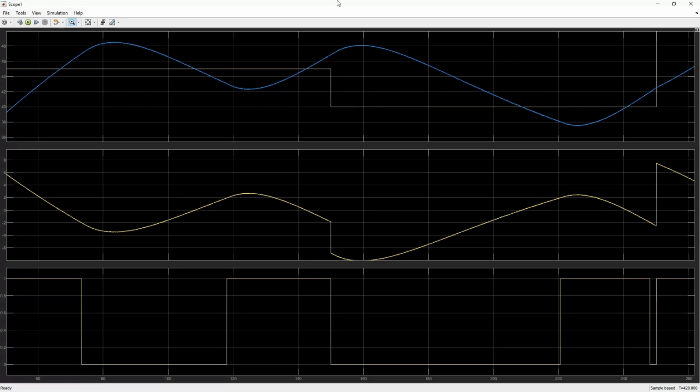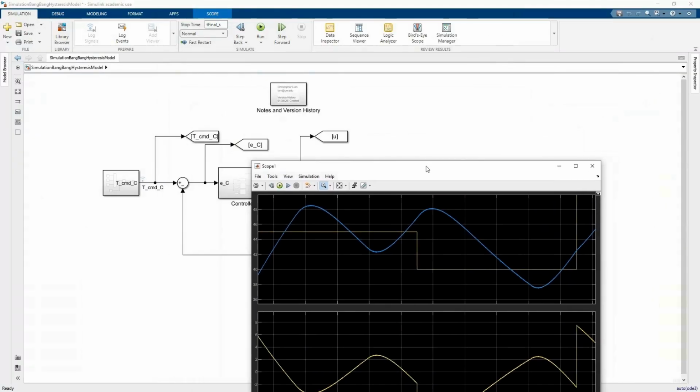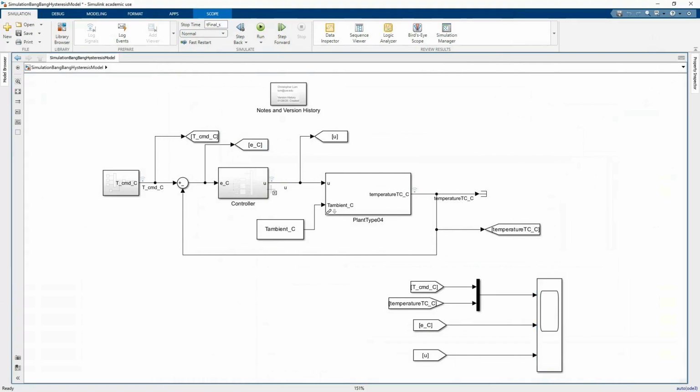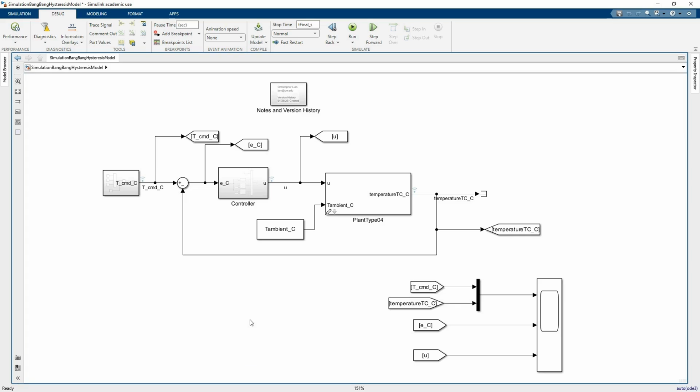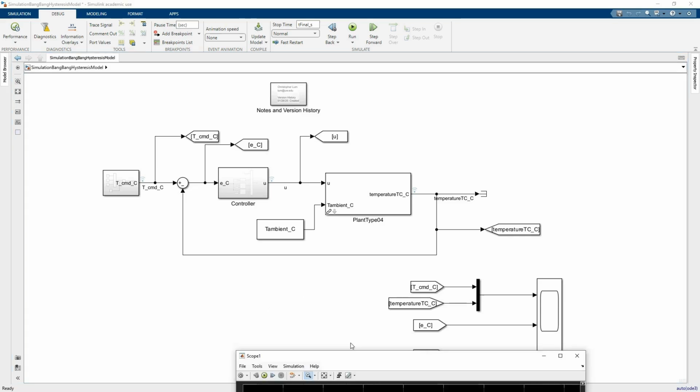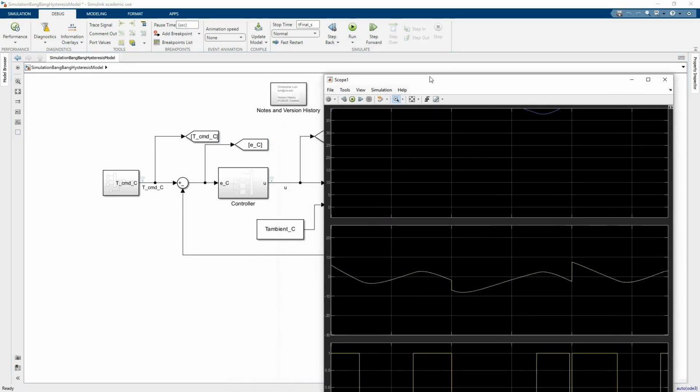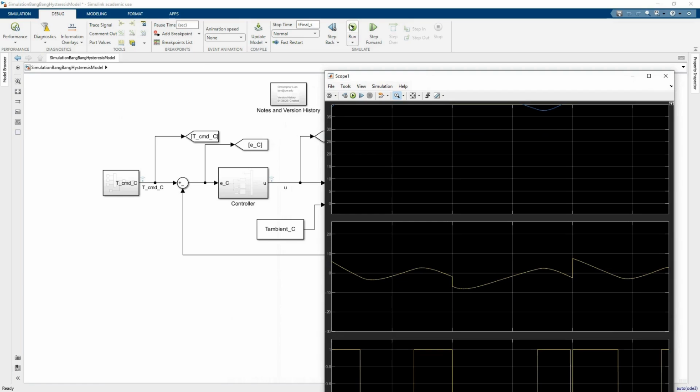So that's what's going on. And in fact, to see that, maybe what might be fun is let's slow this simulation down and we can actually see what's going on in quasi real time. Okay, so let me show you a couple of cool features in Simulink that are going to help us see what's going on. One thing that might be nice is if you hit run, right, Simulink is going to